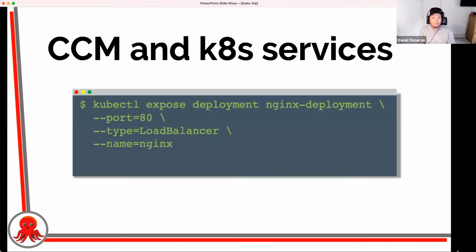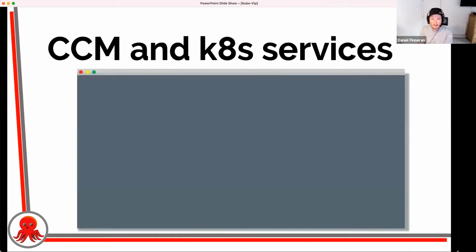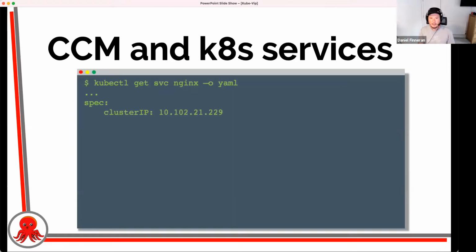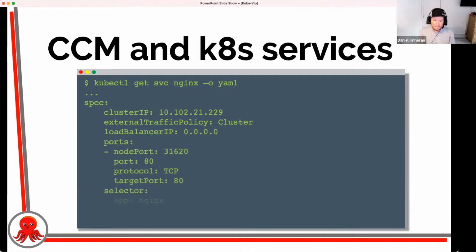So how does the CCM actually work? If we do a kubectl expose of, in this example, Nginx, and we look at the spec of the service, we can see here that there is a load balancer IP part of the spec of the service.